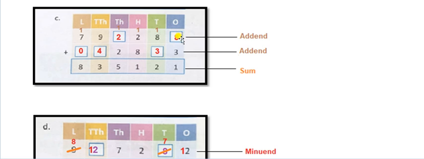Now you can check it. If I add 8 and 3, I get 11. In 11, I write 1, and 1 I take as the remainder into the next column, that is the tens column. Now add 8 and 1. 8 and 1 when added becomes 9. After 9 again I have to see my sum value. It is 2. 2 is small, so I have to count after 9 in such a way that the ones digit must be 2. So after 9: 10, 11, 12.